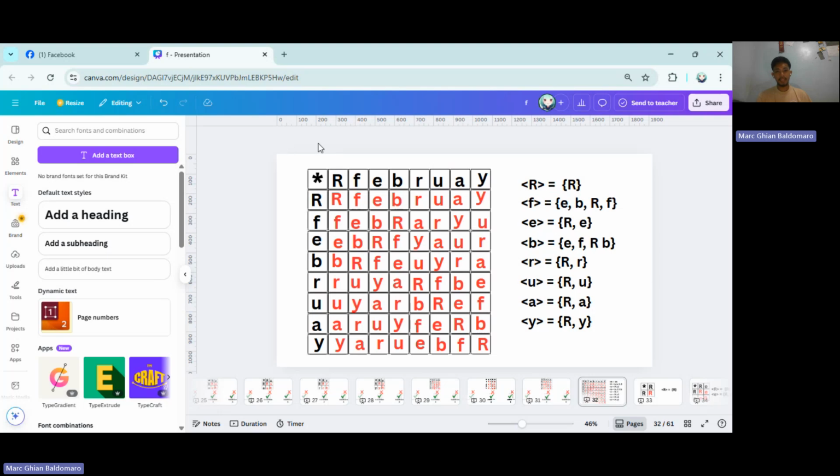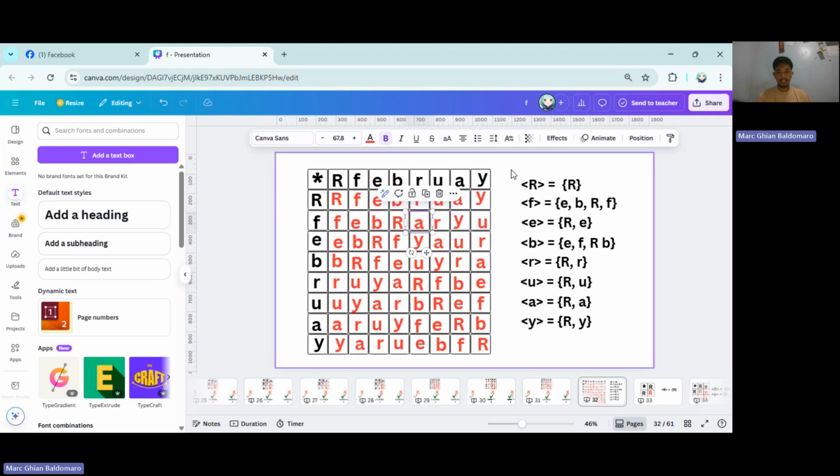As we can see in here, for example, R star F is U, but F star R is A here. From that, we can see that it is not abelian. So, from that already, we can say that this is not a cyclic group. But let's see if there is an element that generates all to be sure that this is not a cyclic group. So if we look carefully, R generates R because R star R is R,